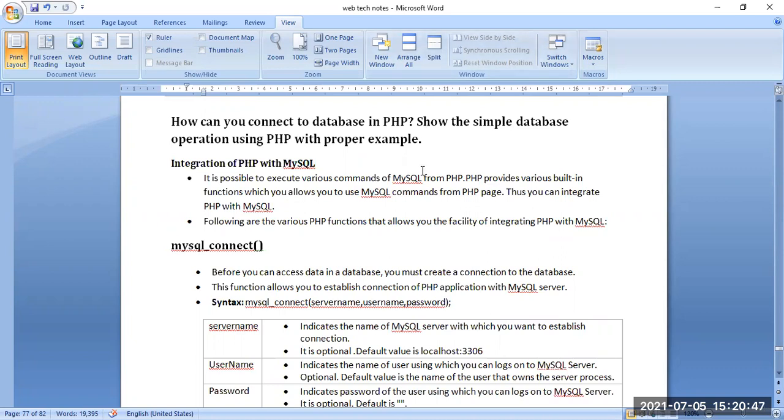So with the help of MySQL or any database software, we can execute various types of commands. This relation between PHP and MySQL will help us to execute MySQL or database commands.